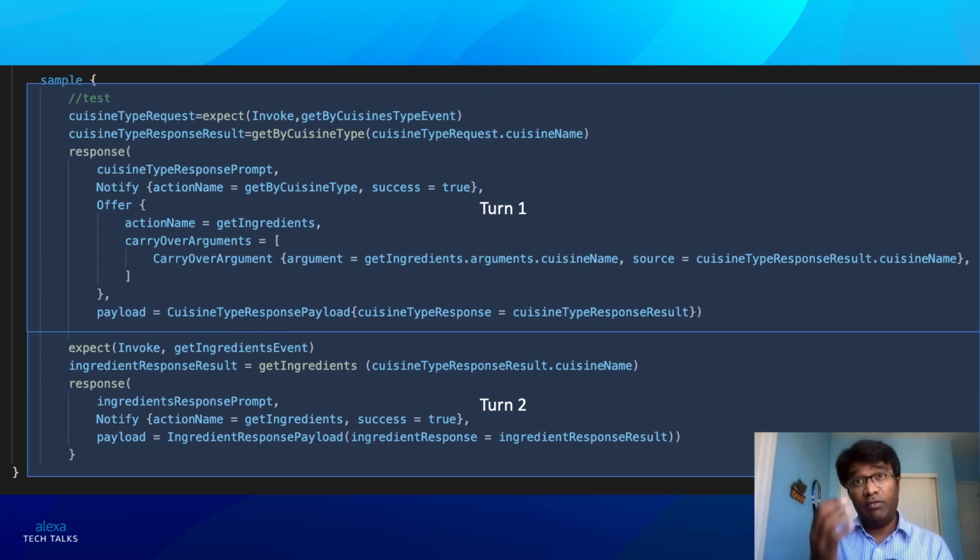And some of you might have noticed in this example that there's an offer block in the first turn. So this is an optional field which you can use, and it's a very powerful feature as well, I would say. This can be a part of the response of the first turn, and it allows the user to decide whether to be provided with an additional option. Okay, this situation happened, would you like to proceed, or would you like to go path A, path B, and so on. So there are many different ways to move a dialogue conversation in a natural way,